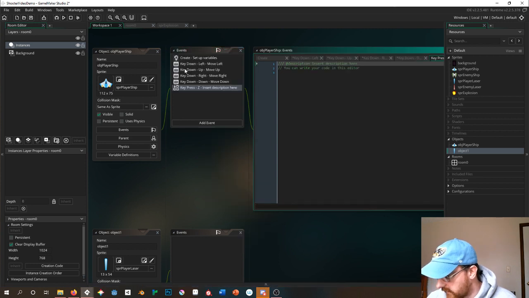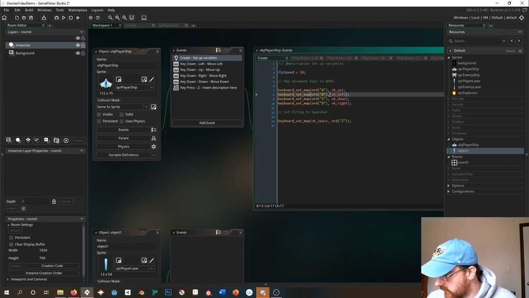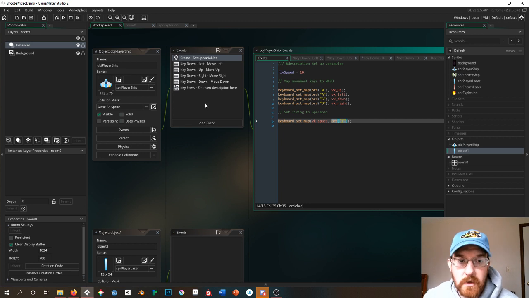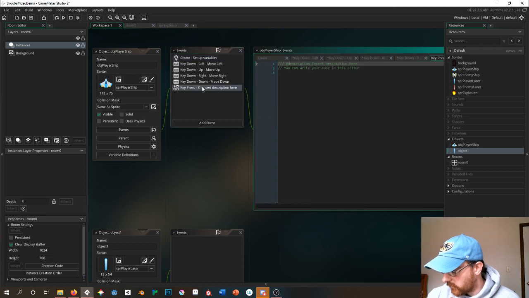Okay. So again, if we go back to our create setup variables, you see here, we're saying that the space bar should also do whatever Z is doing. So that's us mapping this also to space bar, because a lot of people use space bar as a firing thing. So we're going to go here. We want to put in our description, fire the laser,